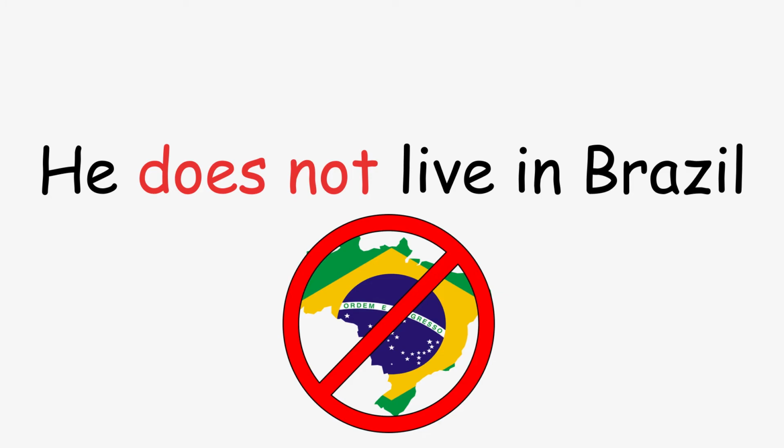Notice how there is an S at the end of the word does, but not at the end of the verb. Even though the words he, she, it are third person singular pronouns, when we're using them in this tense, we put an S at the end of the verb. We do not do that when we're making the sentence negative. So, since we have an S at the end of the word does, we do not need to put one at the end of our verb.